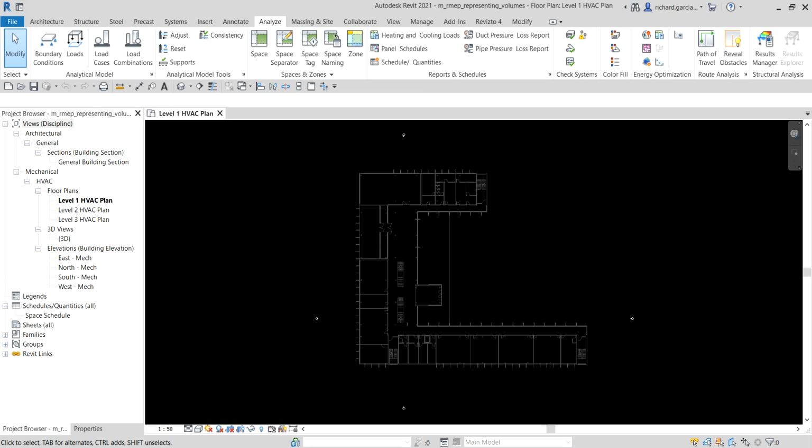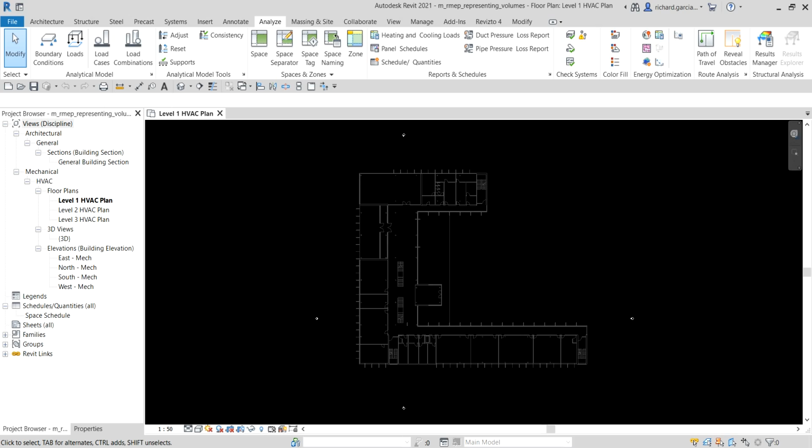Okay, so aside from that, spaces are components that are exclusively used in MEP disciplines to analyze volume. So spaces contain information about their location, such as the volumes, areas, names, and numbers. In addition, spaces track lighting level calculations, electrical loads, and airflows. So you can use this information for performing volume calculations and heating and cooling loads analysis.